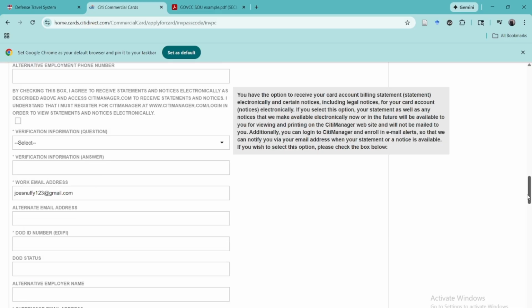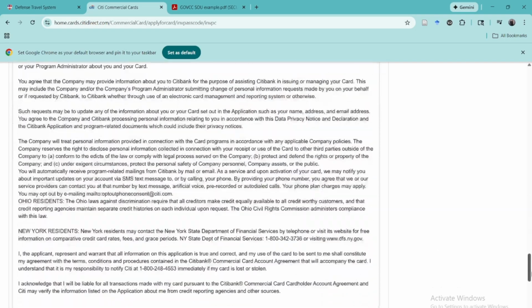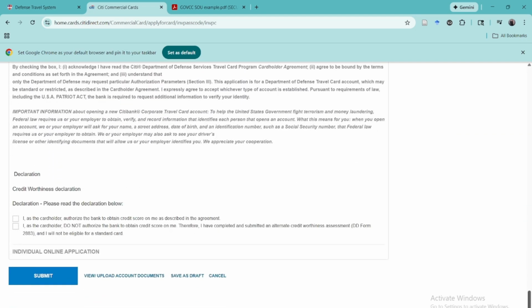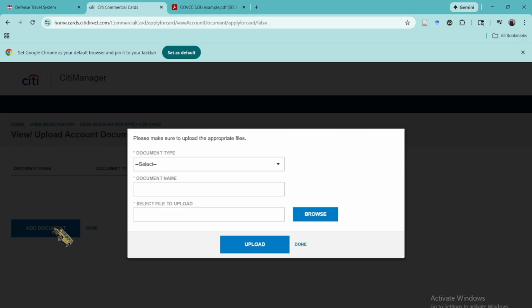Well, we're going to skip all of this, all the way to the very bottom. Here's where most people forget to do something. If you follow my little Humvee, we've got to upload our documents. What 2 documents do we need to upload in here? Well, it's pretty easy. First thing we've got to upload,